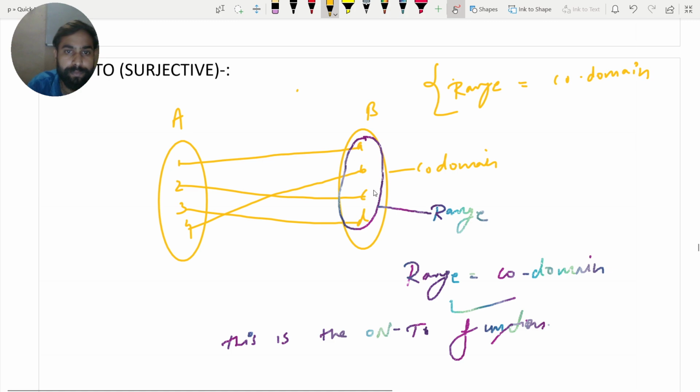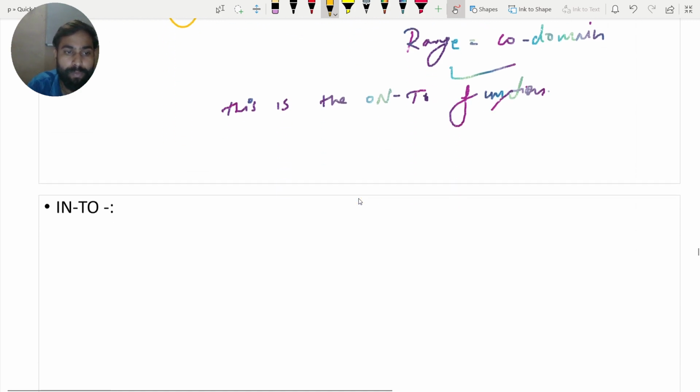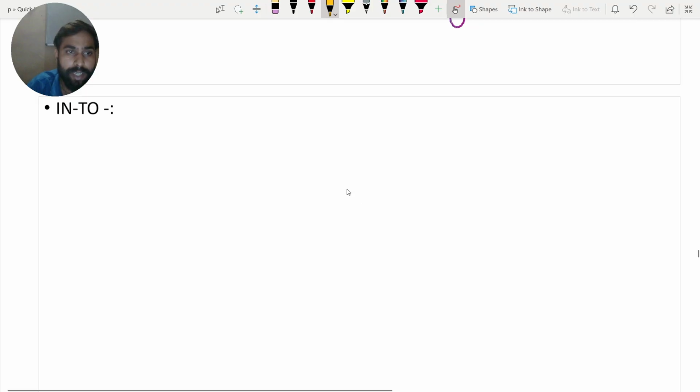Now we have the next, into function. What is this? In into function, we also take an example from a diagram.